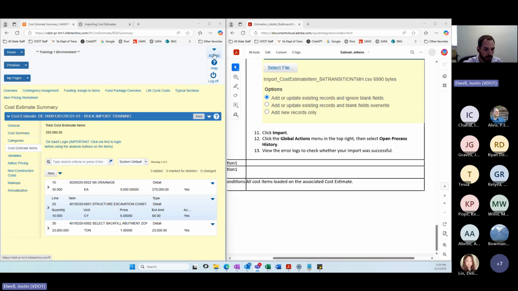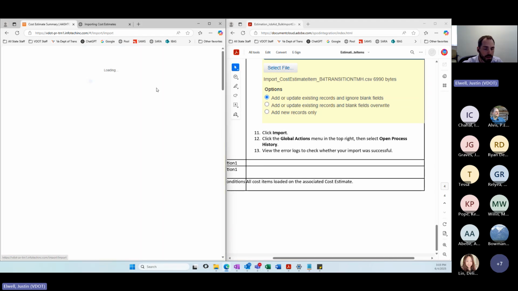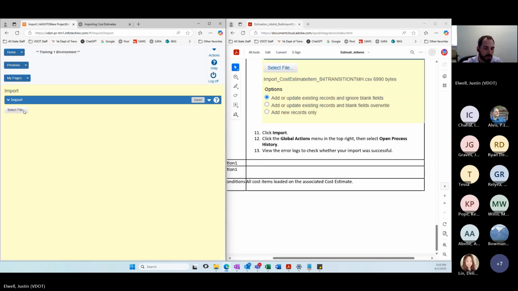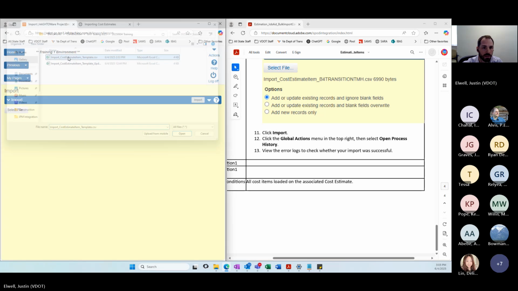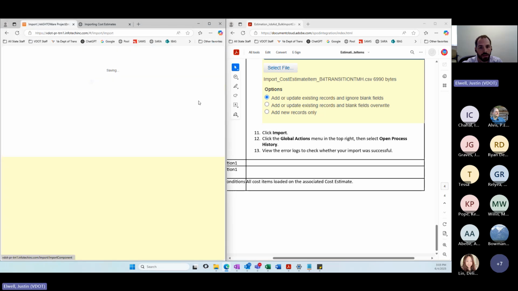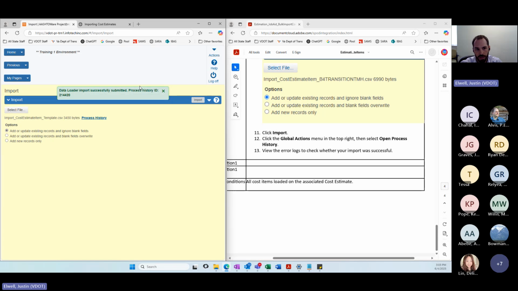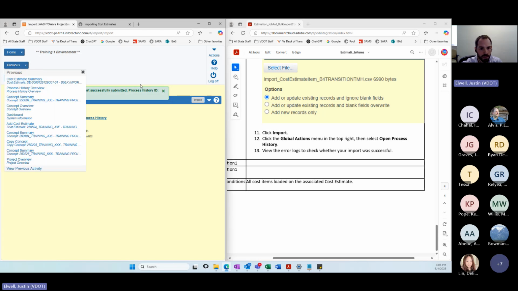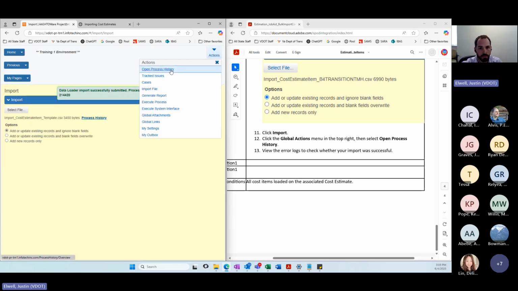So one of the biggest reasons that we strongly advocate for only adding items into here is because if I were to repeat this process, the exact same thing, select the exact file, and click import, what you'll see is it just duplicated all of my items in here.